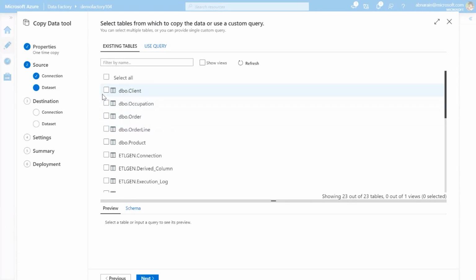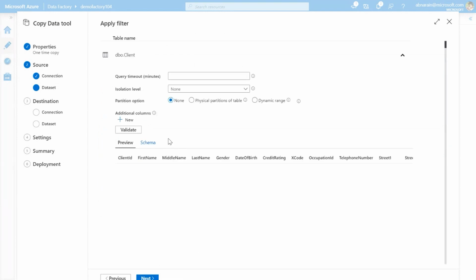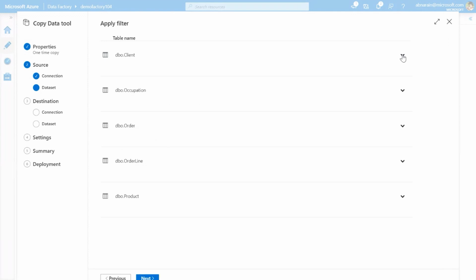It lists down the tables. What I'm going to do now is select. You can do a multi-select, which is quite easy, and click on Next and specify if you want to do some schema mapping or changes in the schema. You can. This is the right step where you do it. But if you don't want to do it, it pretty much infers the schema and is able to map it to Azure or whatever sink you select.